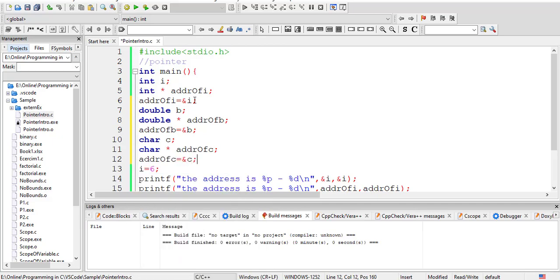Okay, so I hope this is clear. There is a variable. Variables are stored in spaces. All those spaces are marked by addresses. These addresses can be stored in a separate variable which is also known as a pointer. So to declare a pointer, you have to use the star. After that, you have to assign it using the ampersand.